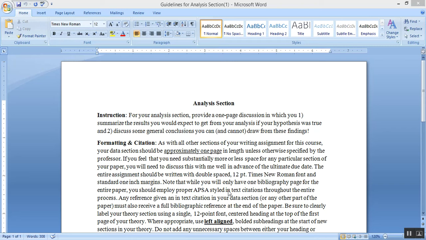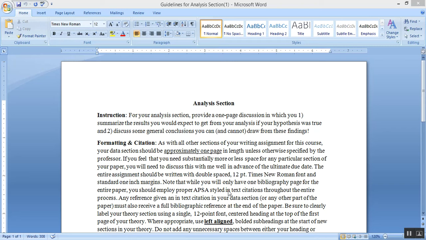It's only got to be about 1 page, consistent with the other chapters of this miniaturized research proposal that you're completing for the class as your writing assignment. And you're going to use the same standard formatting that you've been using throughout the semester. 12-point Times New Roman font with standard 1-inch margins and double space. So a double-spaced single-page paper is not difficult to write, and you already know how to complete the paper in